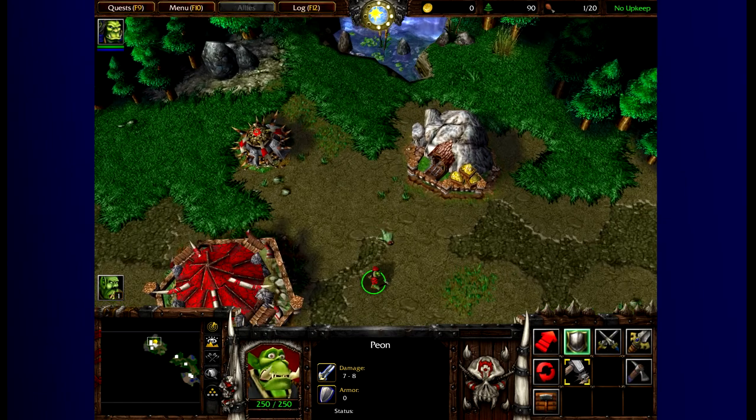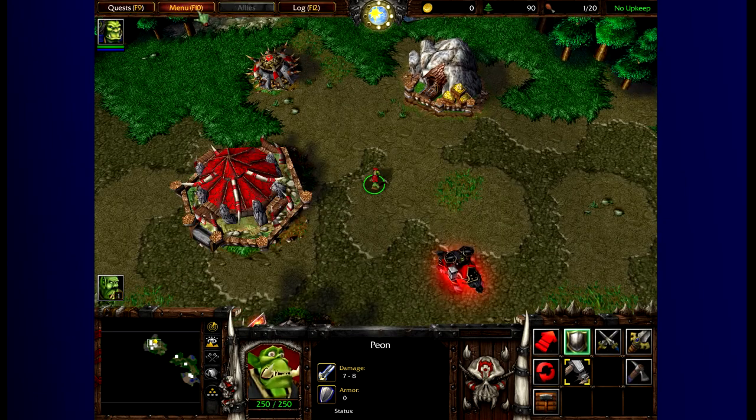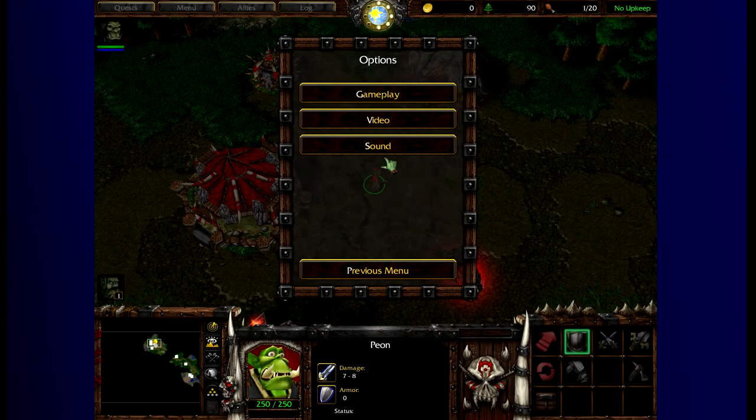Peons can harvest gold from gold mines, such as the one located here. To begin...